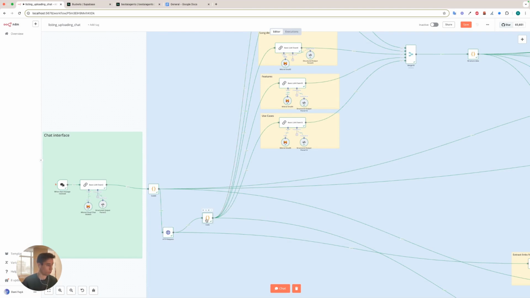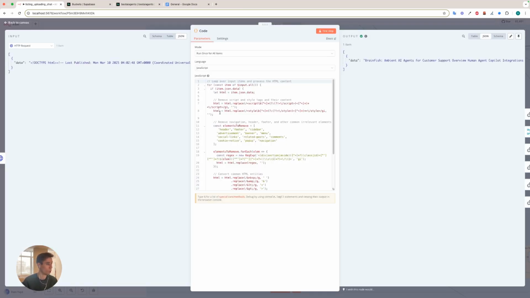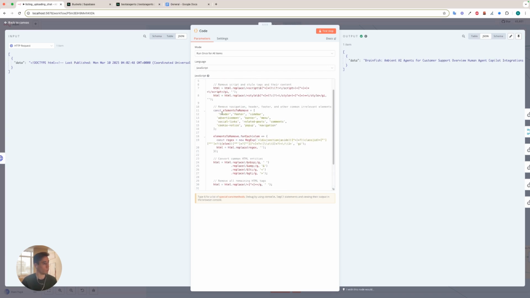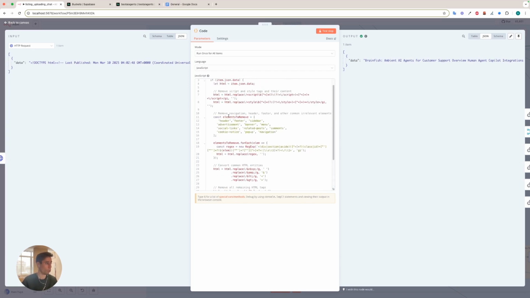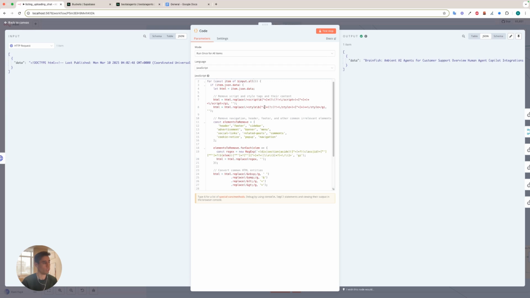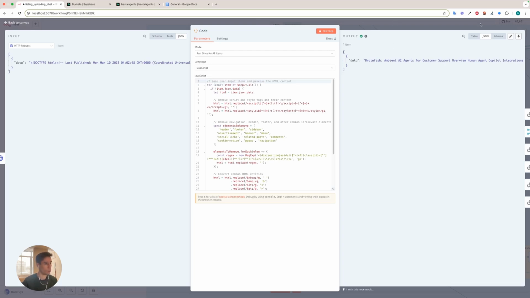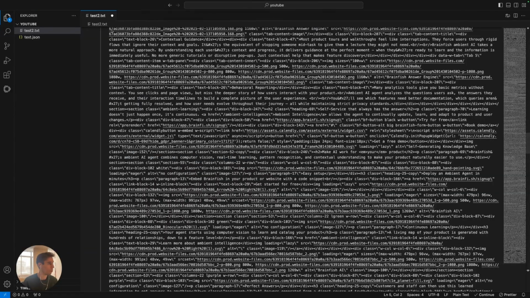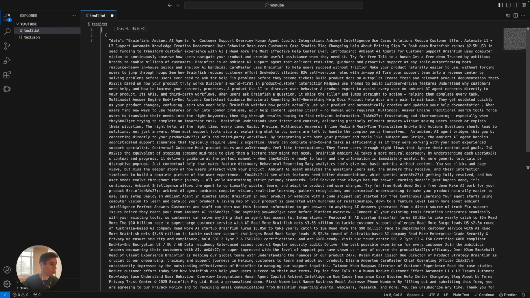And for this, we have created here another custom code that basically is removing the HTML elements that we don't want and that are redundant. You don't have to do this code yourself. You just go to ChatGPT and tell it to do this code for you. And here what we see is that the data, if we copy and paste it, is more human friendly. All the HTML tags have been removed. Still, it's quite hard for a human to understand, but this is more than enough for an LLM to